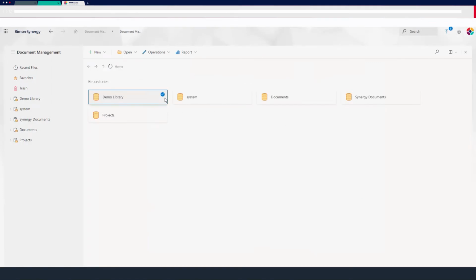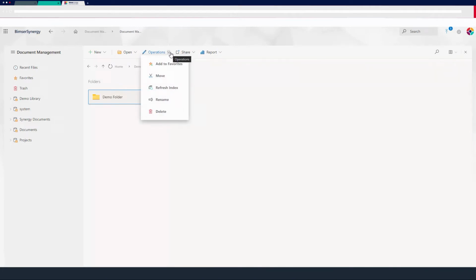For the libraries, on the operations tab, we can add our libraries to our favorites. We can refresh indexes, we can rename them or we can delete them. And lastly, from the report tab, we can see the histories of these libraries. About the folder options, we can also change the properties, we can change the security tabs, and we will dig more specifically into security later in this video, and we can show the profile of our folders.